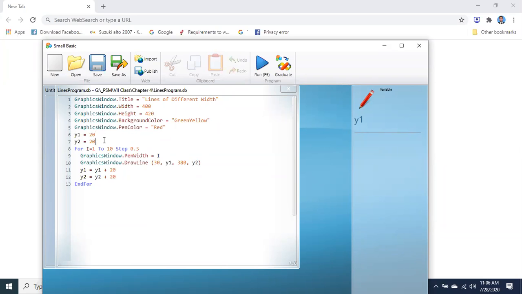For y1 and y2 we have made it 20. That means wherever we write y1, 20 will come, and y2, 20 will come. This is an important thing that you need to understand in this program. Then we have started a loop from 1 to 10. We can also do this job by writing 1 to 20, because we are going to draw 20 lines.